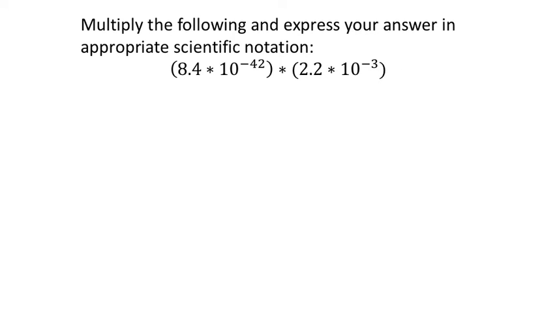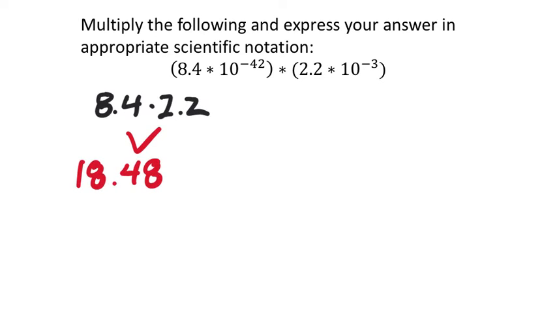Now let's do this one, good old-fashioned scientific notation. We are multiplying the two scientific notations right here. Now, if you're doing this by hand, and you don't have to, because the calculator will do this for you, you can punch in the parentheses, you can punch in the 10 to the power of whatever. Doesn't matter, you could do that if you'd like to. I'm going to do this by hand just so we can see what is happening, though. And for some reason, I actually feel obligated to. So here we go. I'm just going to multiply the two numbers there together. 8.4 times 2.2. Now, it's going to give me a two-digit number. Well, 4 if you include the decimals, but 8.4 times 2.2. Enter. And that gives me